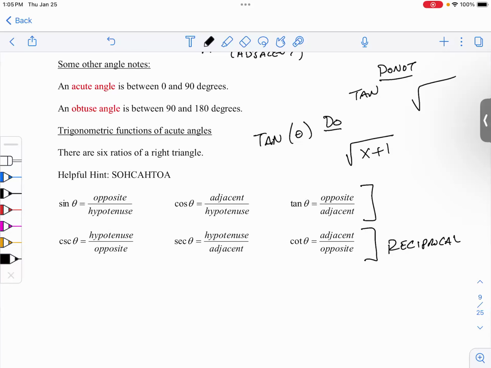So notice that cosecant is just the opposite of sine. Sine is opposite over hypotenuse. Cosecant is hypotenuse over opposite. Basically, once you find SOHCAHTOA, once you find these three, all you have to do is flip them to find